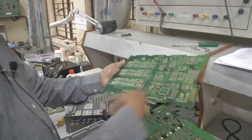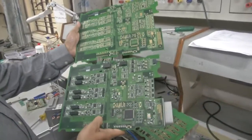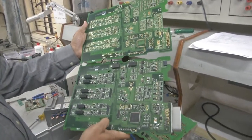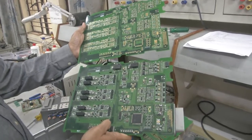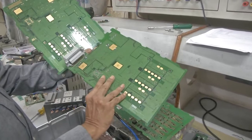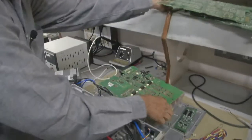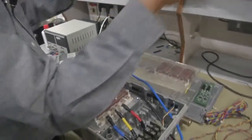Probably this is a populated board, and this is the original from which it started. And with boards like this, if you see the other side, some other operation is possible. I'll leave it here. Now I'll take you to the